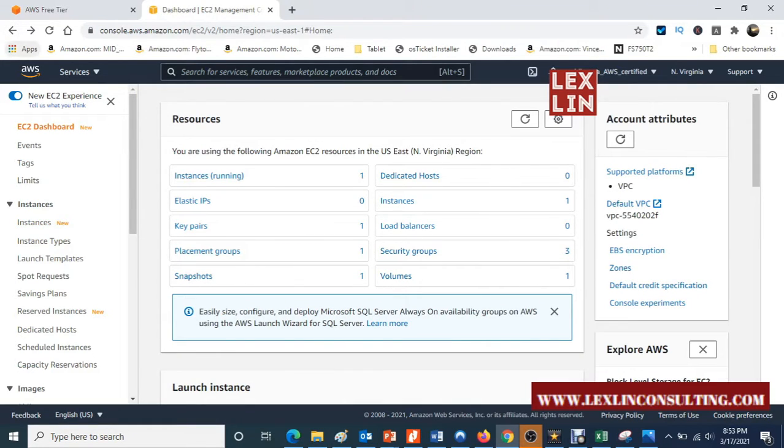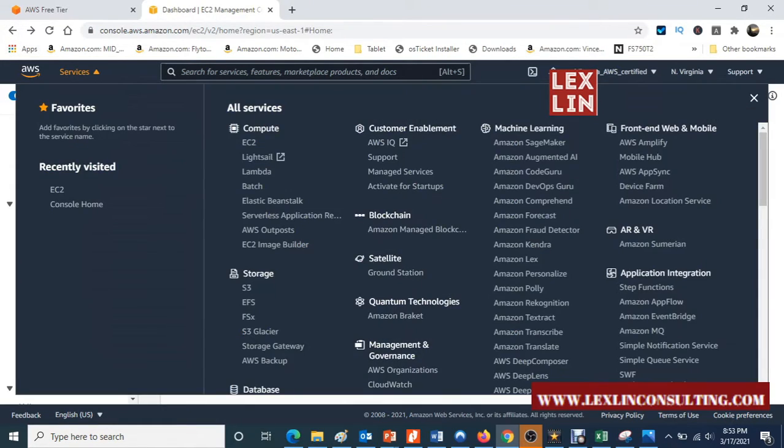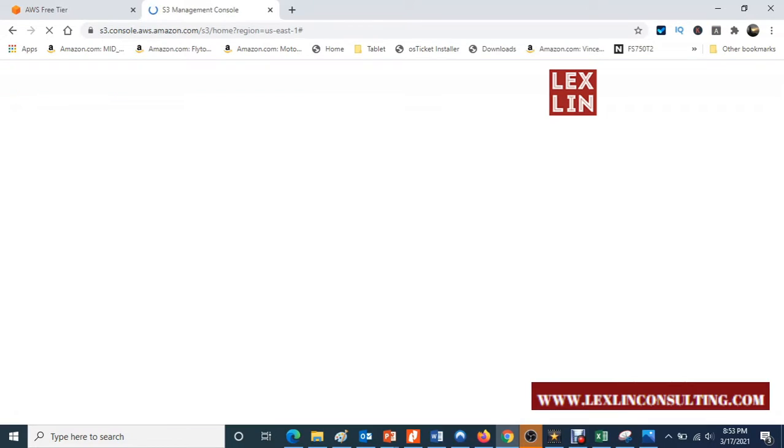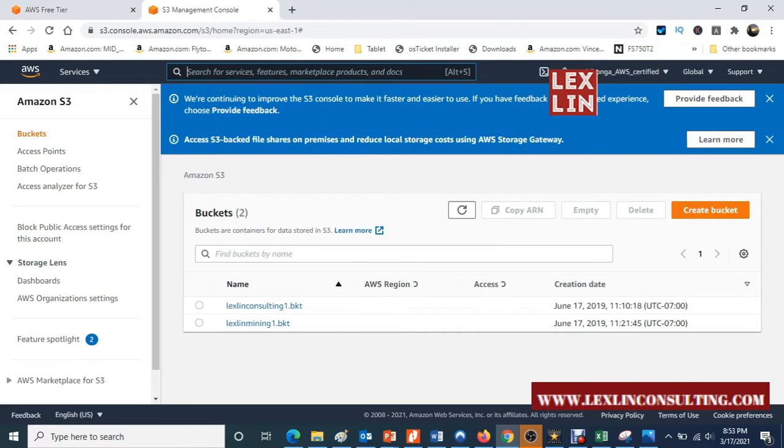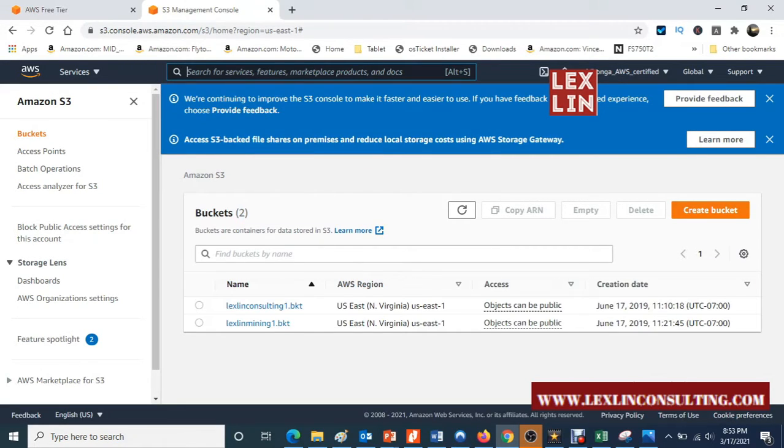Another place that you'll be spending a lot of time is S3 storage. This is a more popular storage. There's different storage options for AWS, and the reason is that depending on what you're looking for, you will get different services.